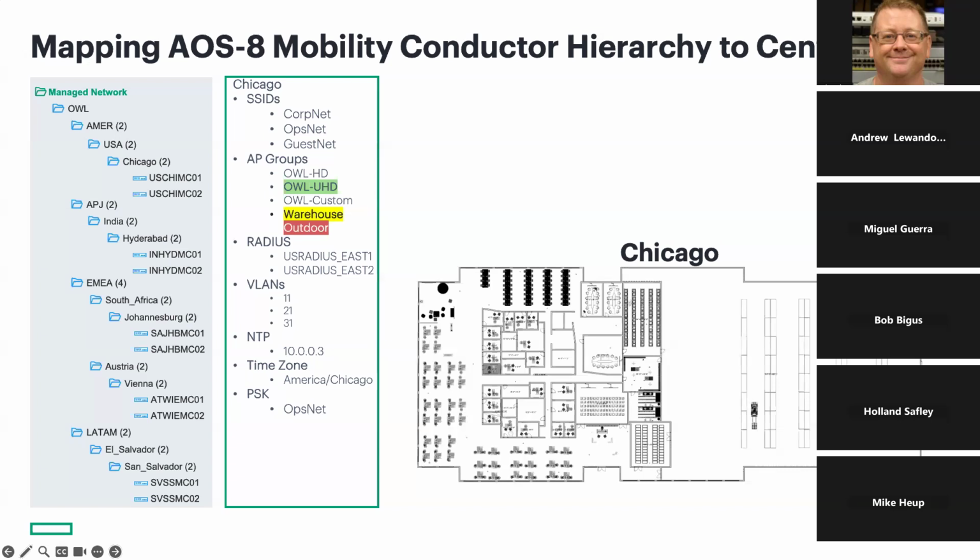All right, so saying that, some of the configuration in the center here is example configuration. We would extract this from a show run output from a controller at a site. If we picked Chicago in this example to be the first site we're going to upgrade, we pull the configuration. We know that it has SSIDs, AP groups as listed here, right? So it has the Office AP group